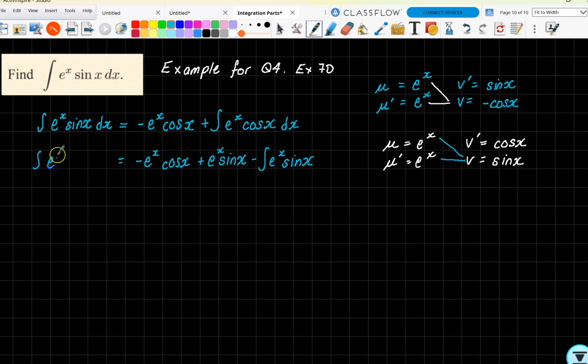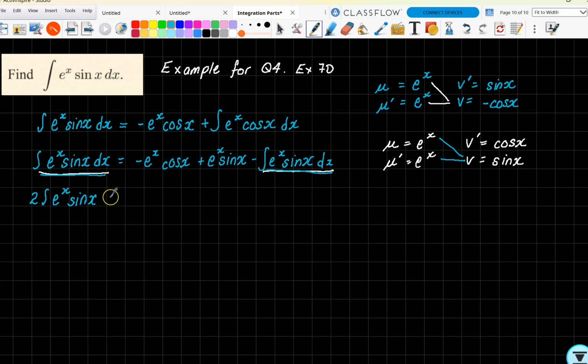So if we've got this here, we've got the integral of e to the x sine x dx, right, equals all of this. Now what do you notice about this and this? You guessed it, they are the same. And what I can do is get rid of this integral by popping it on the other side, and I'm going to add, so this integral here plus this one, that equals 2 lots of